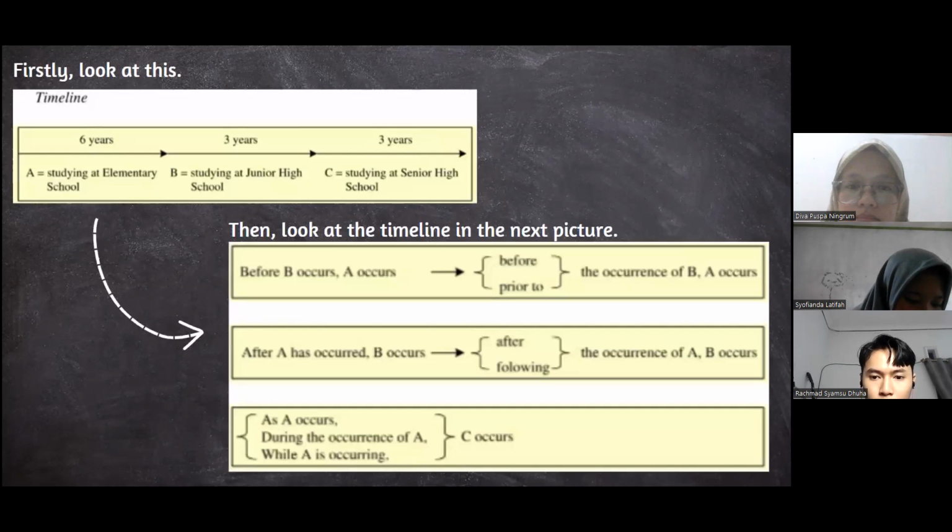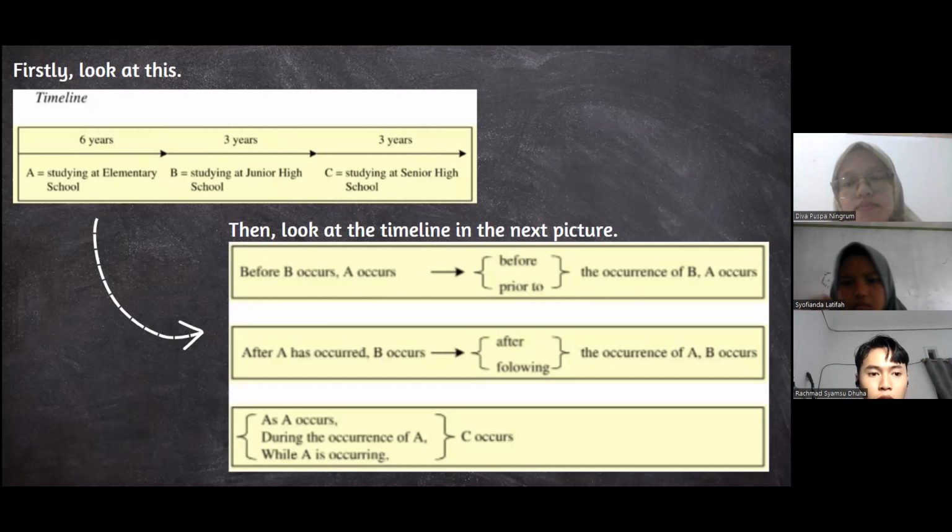Okay, so yeah, we're talking about action in sequence. In action in sequence, there is a timeline. Before we look at the pictures, I think I need to tell you what a timeline is. So, a timeline is a visual representation of a chronological sequence of events along a drawn line that helps a viewer understand time relationships. So, if you take a look at the pictures here,